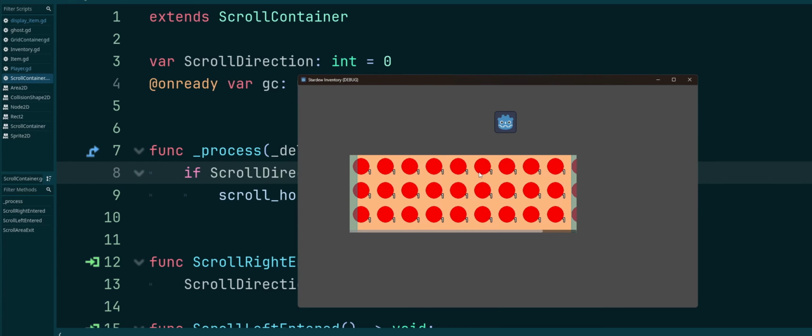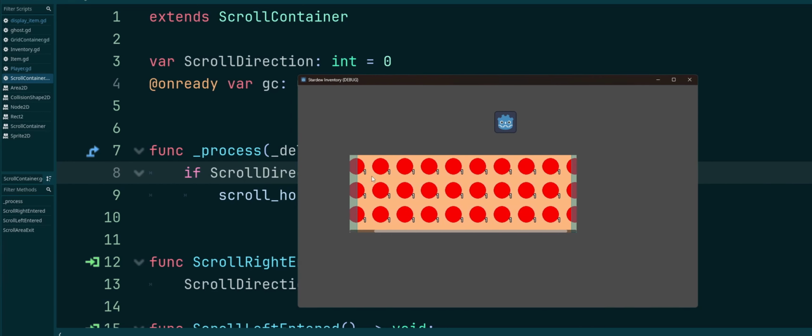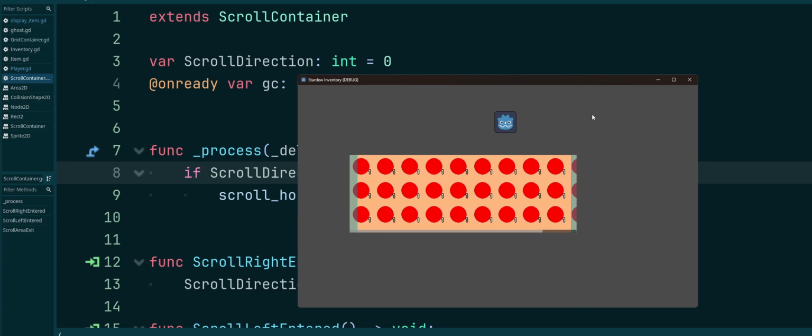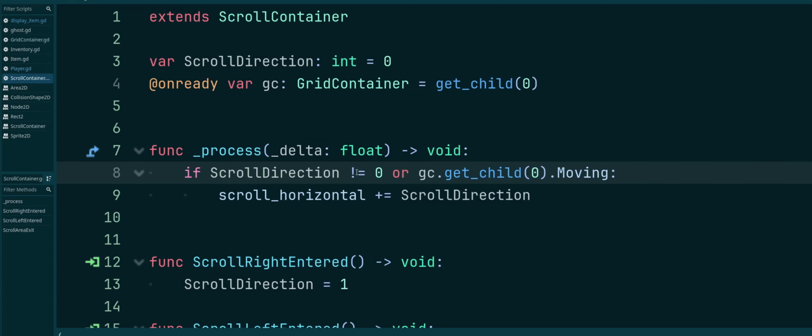So we go ahead and run that now, just by adding that one option in. Oh, and we see it's still going. So we're saying not equal to 0. All right. Let's see. So if scroll direction, and we can fix that simply by changing it from not equals to 0 to equals, right? So we check if scroll direction is equal to 0 or moving,